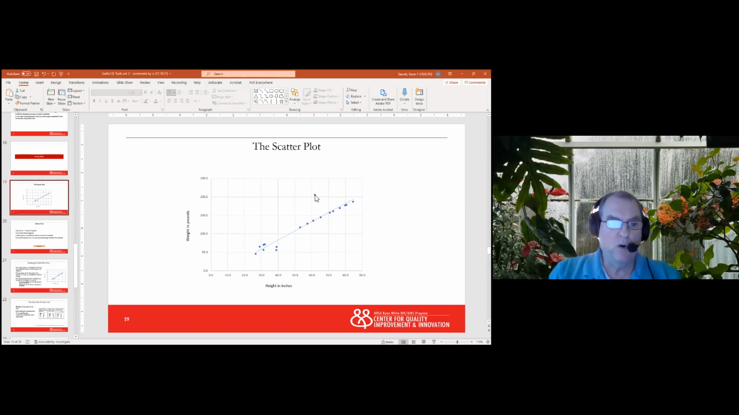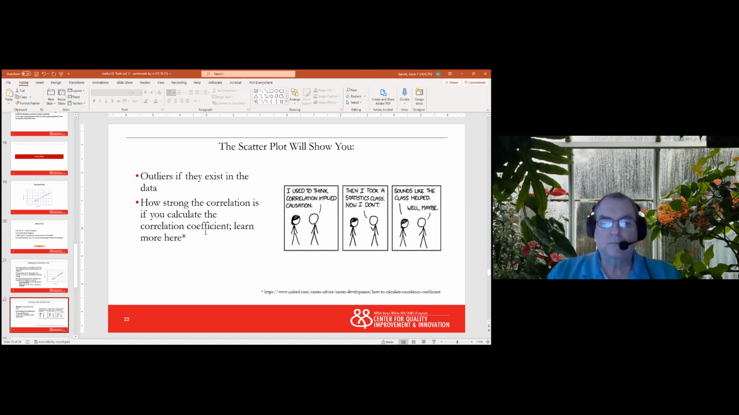So the outliers are important in a scatter plot to look at, see where they are, and see how close to or far away from the trend line they are. And again, the trend line is something that Excel does for you, but there's a